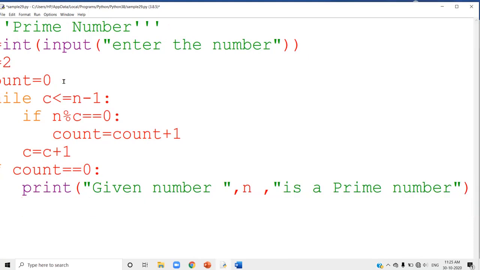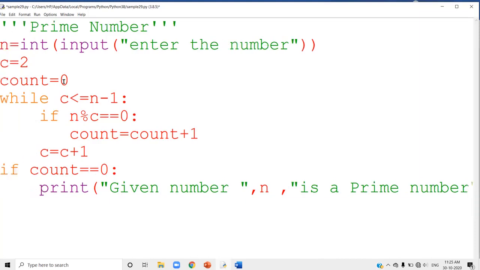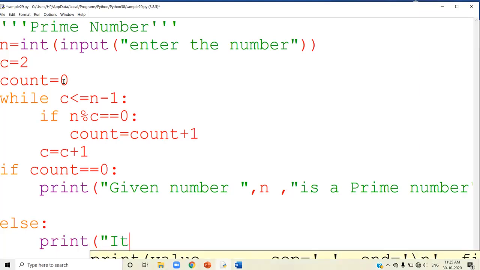Now else means your count is not 0. I am going to write the else statement here. What is the meaning of else? Count is not 0 means you got factors other than 1 and the original number. Then I can say print: it is not a prime number.